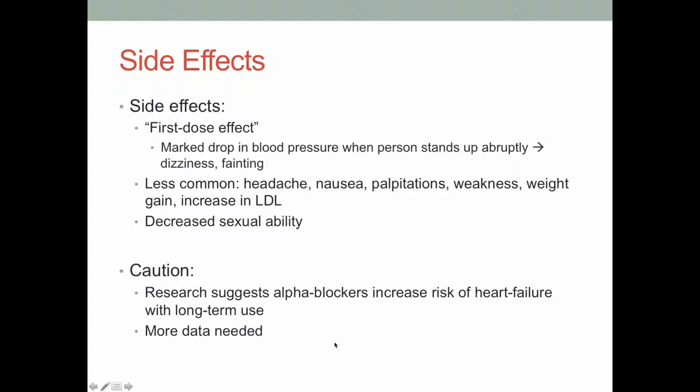Side effects of these alpha-1 zosin medications, these antagonists: there is the first dose effect, and that's referring to that postural or orthostatic hypotension, where when people first take this medication, the blood pressure is really steeply decreased. So when you stand up too quickly without waiting for a blood pressure adjustment, it causes so much vasodilation of vessels that they don't appropriately contract when they are stretched, which means when you go from laying down, so if you're laying, then your blood's pooled,